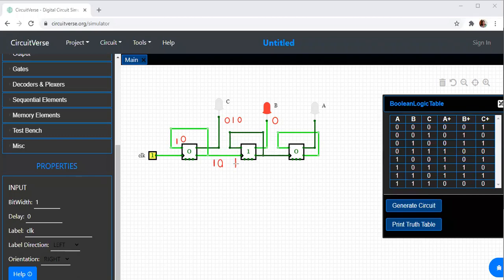I have a 1, it is getting connected over here. So what was the value over here? I have a 1. See, previous value Q was 0. So what is Q bar? Q bar will be equal to 1. Q bar is 1, Q is 0. Q bar is 1. So since it is 1, I'll get an output of 1.